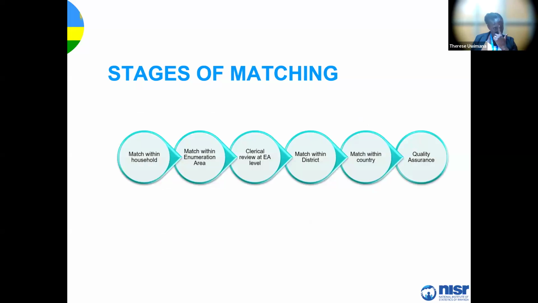So we did matching in different levels. First of all, we matched within the household itself. But after finishing that level, we moved to the enumeration level. But also, the enumeration area in our case is close to the first